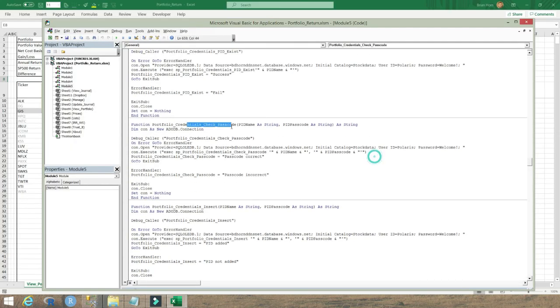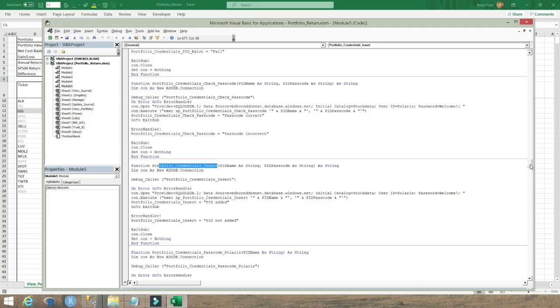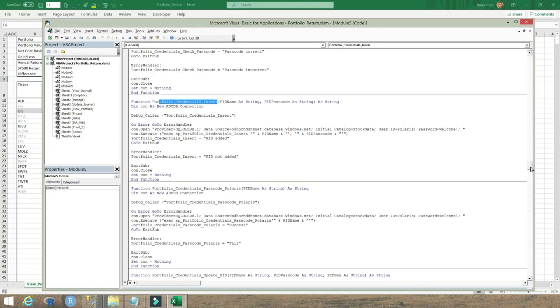Here's just a check of the passcode that's being entered, and then if a new portfolio is being created, that will result in new credentials being stored, both the new PID name and the passcode that the user entered. Now, I haven't explicitly stated this, but if a user selects blank password, what actually gets passed back is the